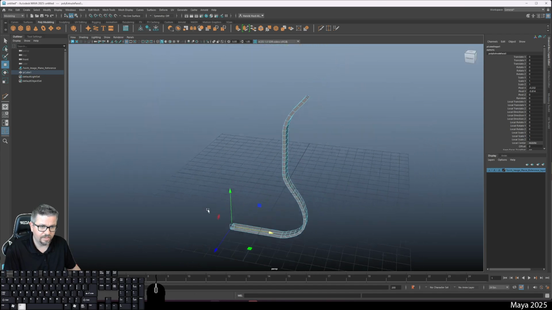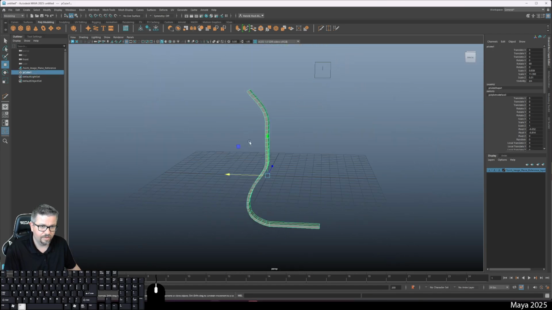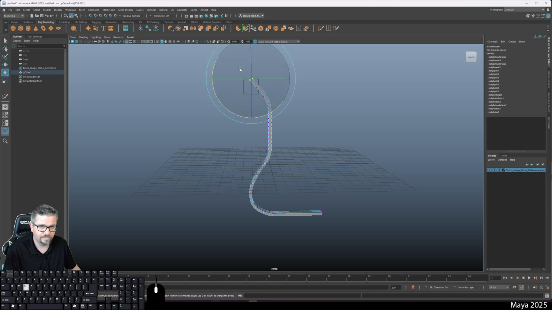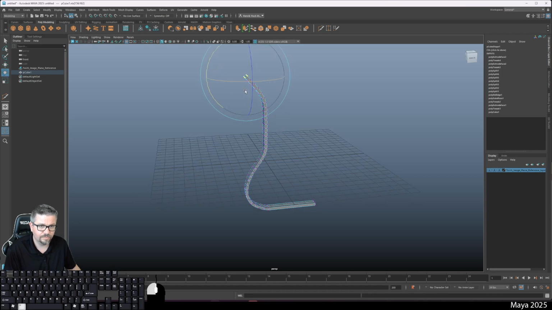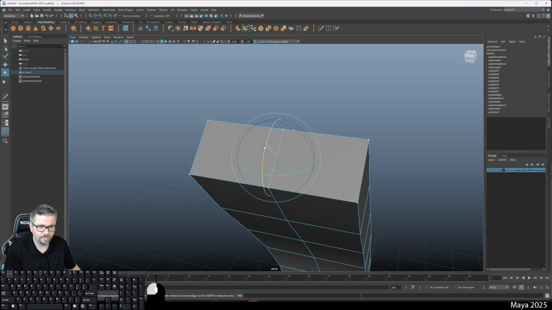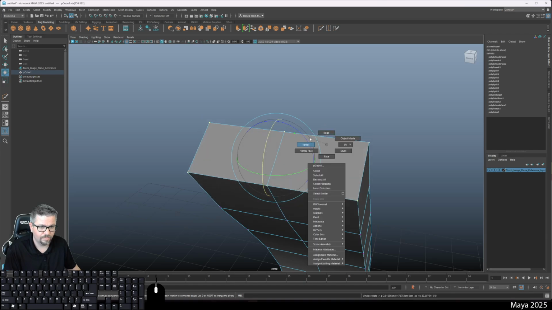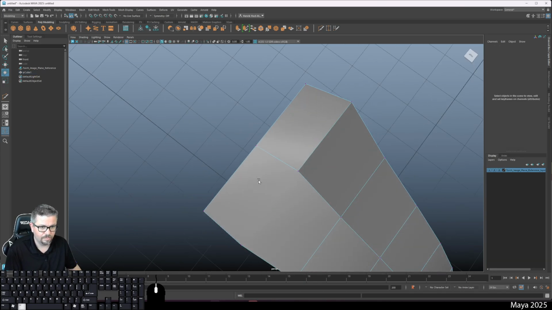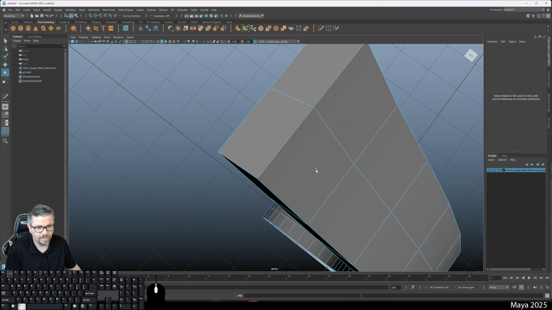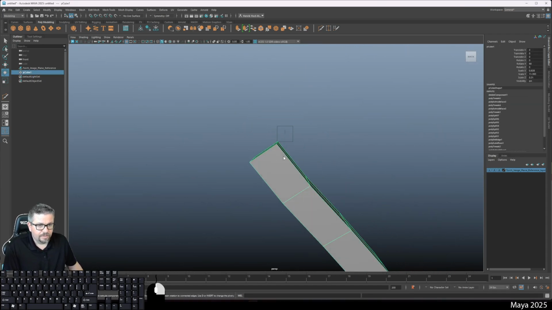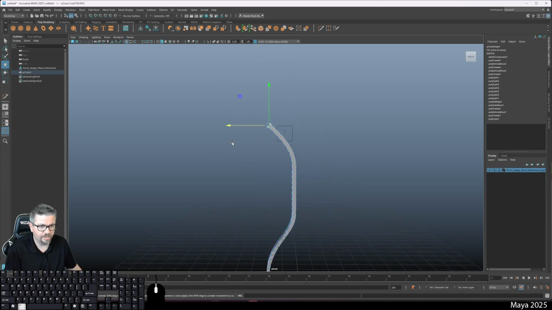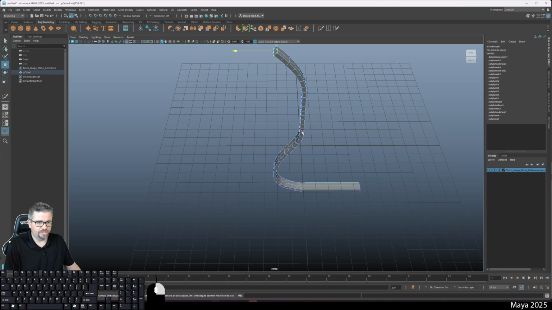Okay, so I think that's a pretty fair start to this thing, right? Okay. So something like that. So now that I've got this shape down,